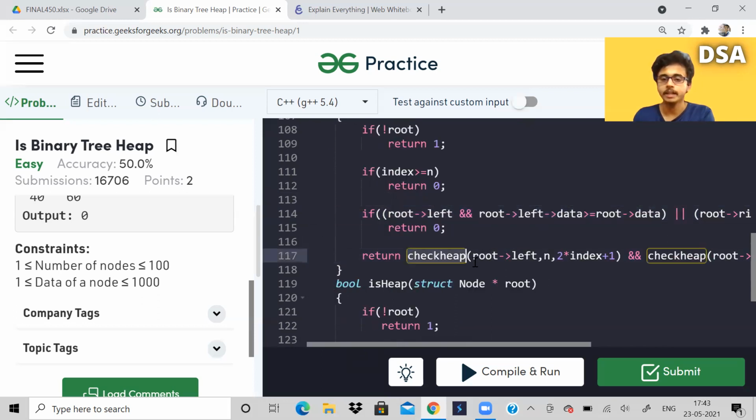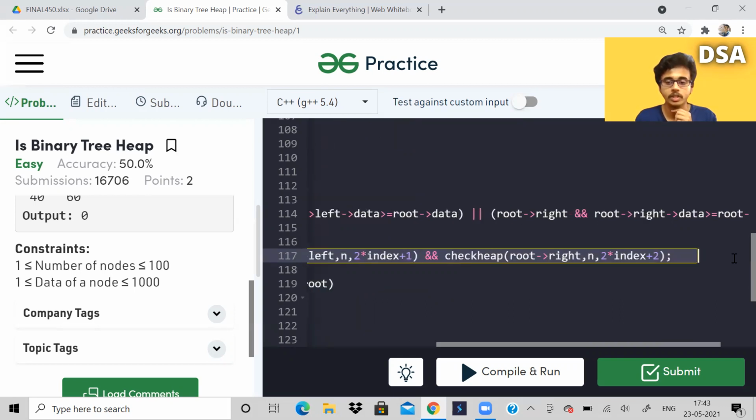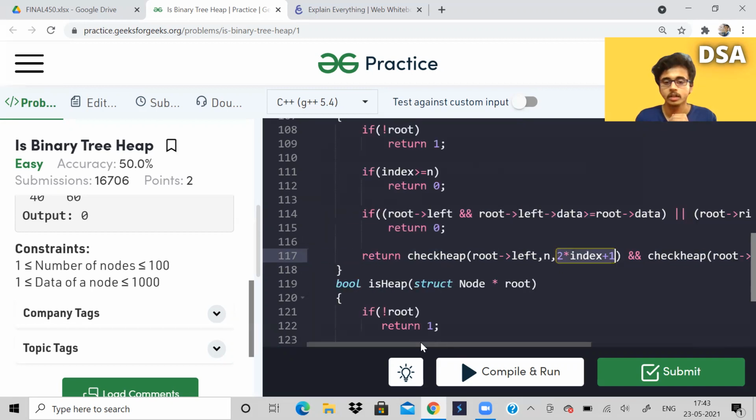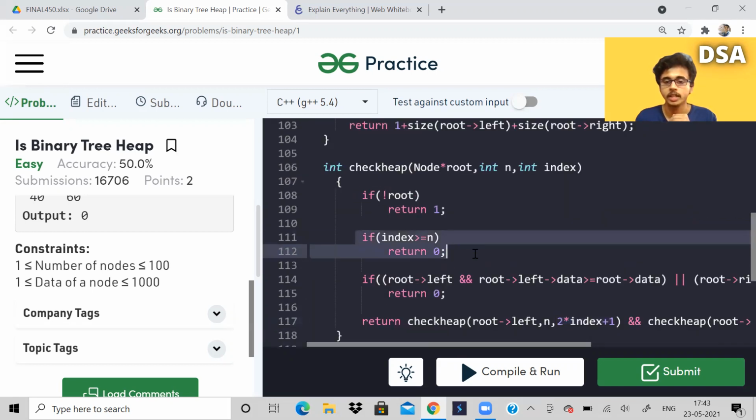Now I am saying return check heap root left, and I am passing index as 2 into index plus 1. Why is this? These two conditions are for checking the second property, that is whether it is a complete binary tree or not. Actually this condition is for checking if it's a complete binary tree or not.